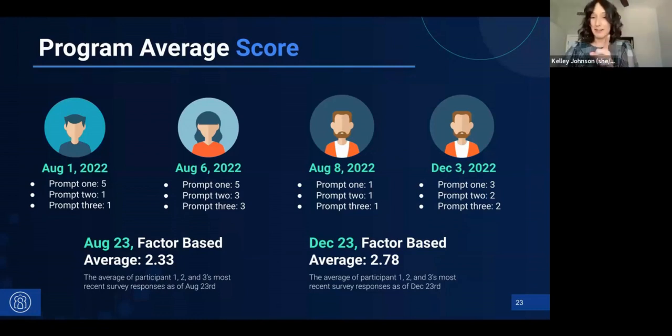However, people can take these surveys again. Let's say your third student completes the survey once more in December, and they had different responses. When we show you your average sense of belonging for your program in December, we'd be including the responses from the most recent survey from that third person. So their August responses wouldn't be included in that average. I think that's an important clarification: the latest response trumps or overrides previous responses. It's not an average of every response over time. It's an average of the most recent response from any student in that cohort or program.